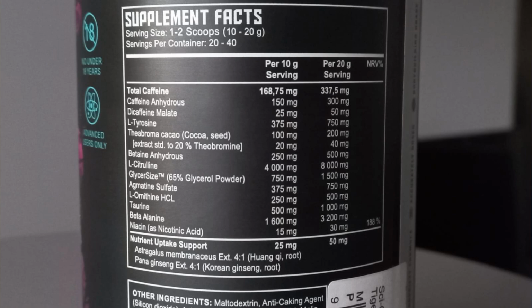And then next up we got a prop blend. Yay, I love to see it. No, I'm joking, it's trash. Don't put prop blends in if you're making pre-workouts. It's just scammy. But they've got a combination of astragalus membranaceus,